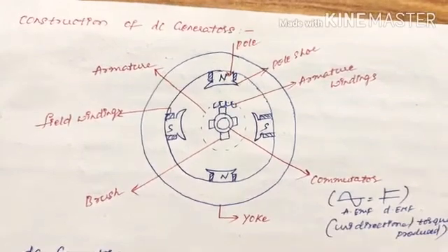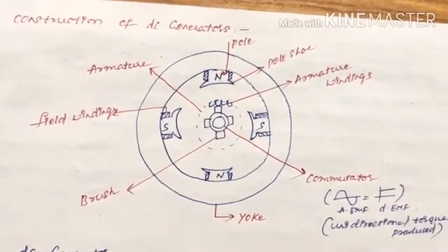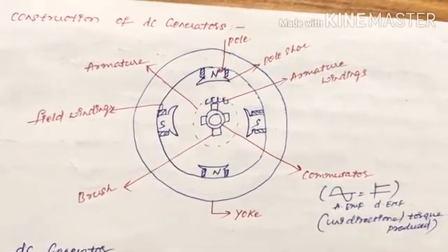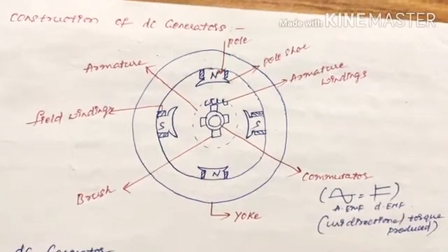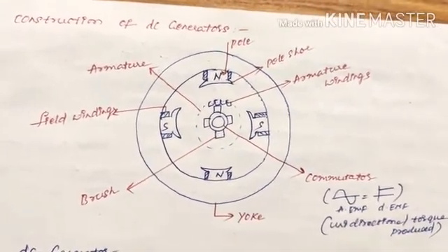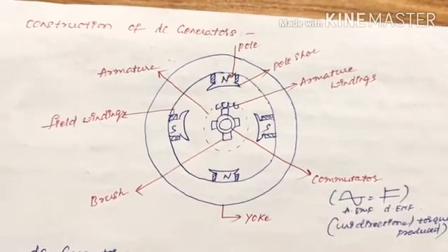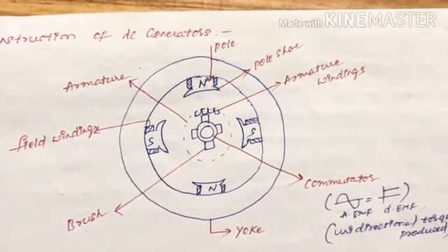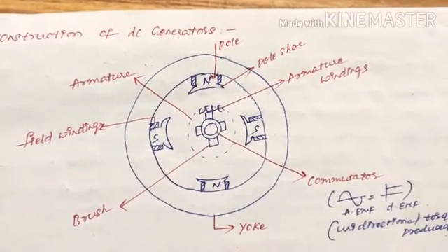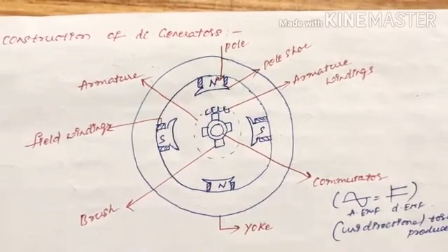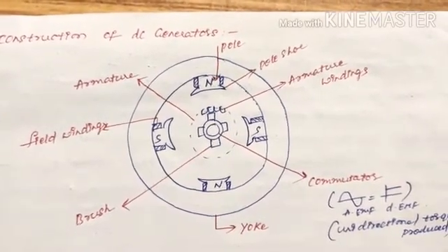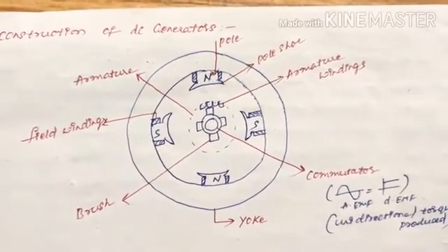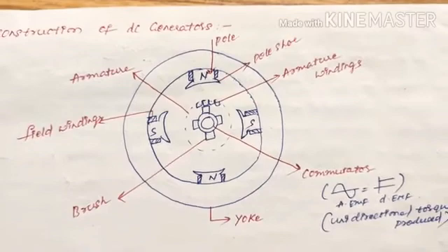What is a commutator? A commutator is used for converting alternating EMF to direct EMF, so that a unidirectional torque is produced. That means alternating EMF gets converted into direct EMF by the commutator only. Now coming to the armature. Armature is of two types, armature core and armature slot. Armature core is used for reducing eddy current losses and it is made of soft iron lamination of 0.4 to 0.6 mm.